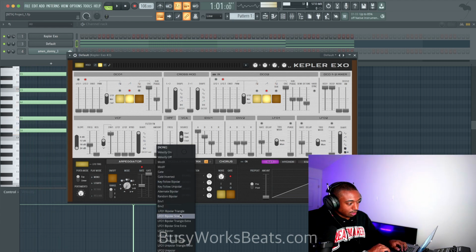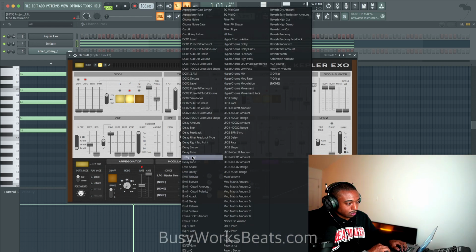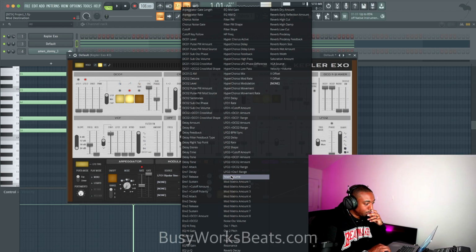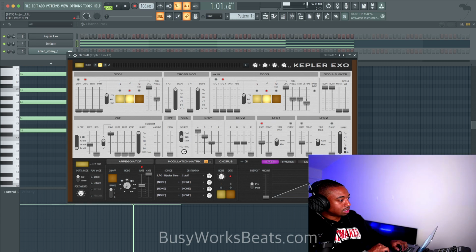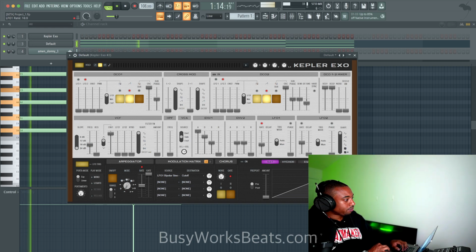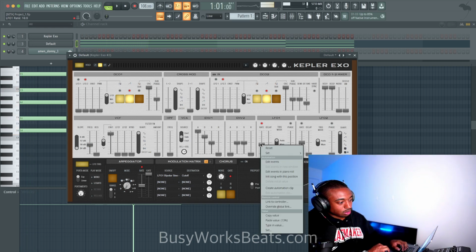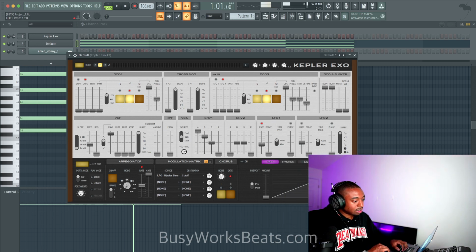And again, I wish these LFOs weren't so extreme, because I would control the filter amount with this LFO. So when it rises up, it goes like that. But let's do cutoff amount. And then let's see how it's very extreme. Let's sync it to the tempo. And I wish this locked into the tempo. It does. So 16, 8. It's way too fast. Now that's cool. I don't know if we can make an envelope with that, but you can automate it in the case that you want to do that.